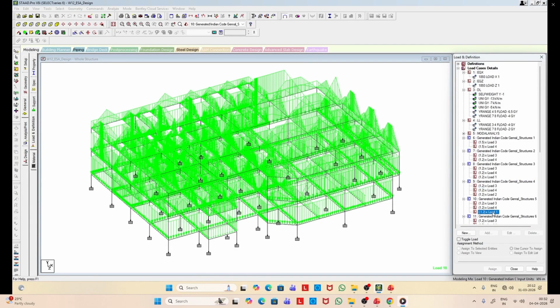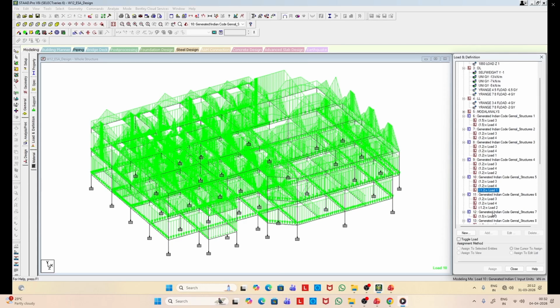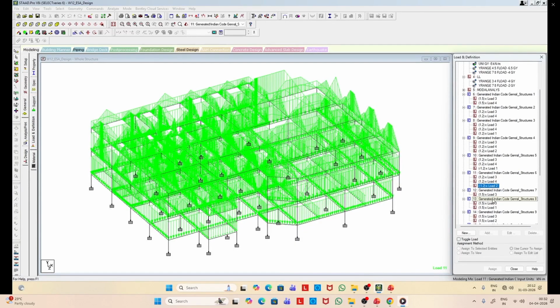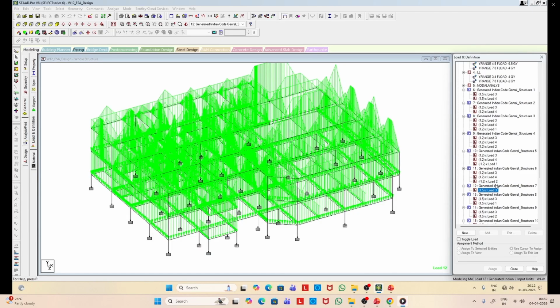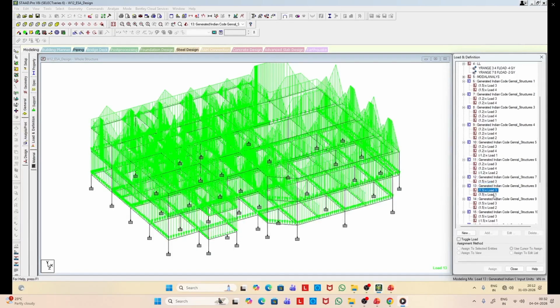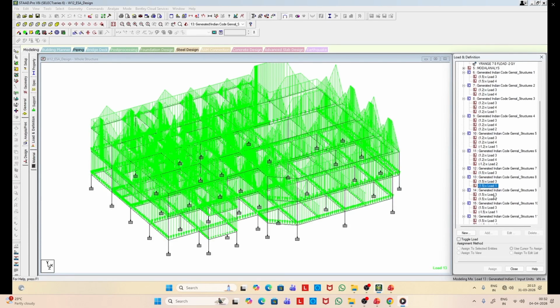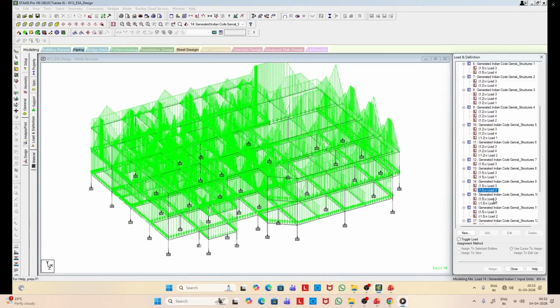Now in this 10, you see the load factor corresponding to load 1, that is earthquake load along X, is minus 1.2. That means it is applied in the other direction. And it is extremely important because this structure is having some asymmetry in plan. So we have to apply in both the directions and make all possible combinations as per IS codes, right?